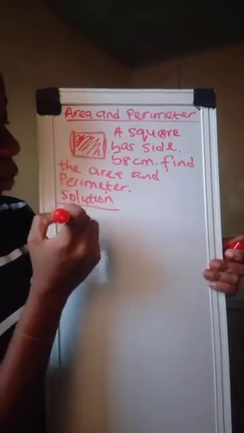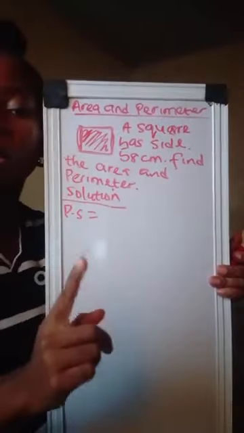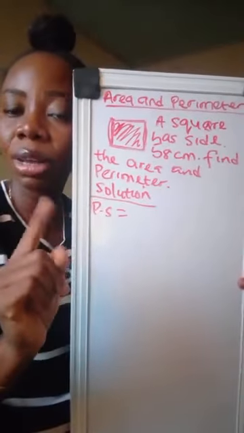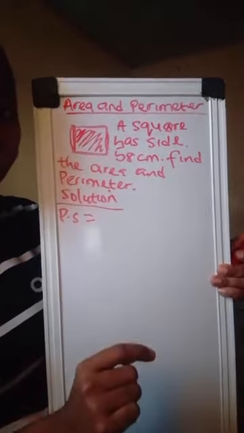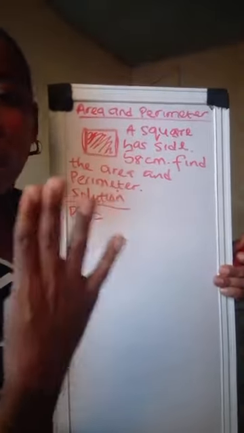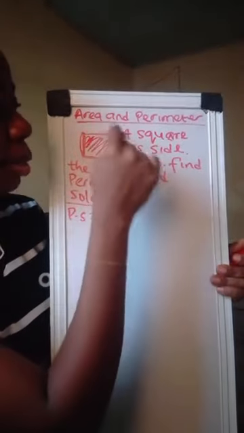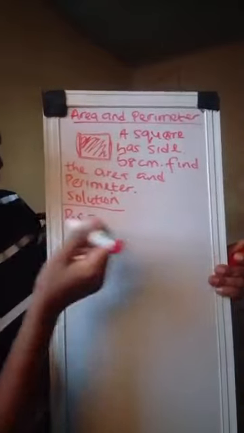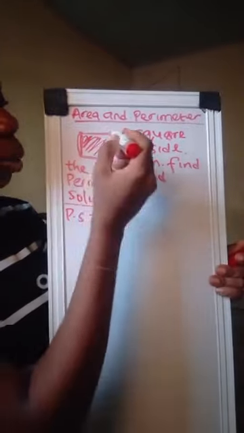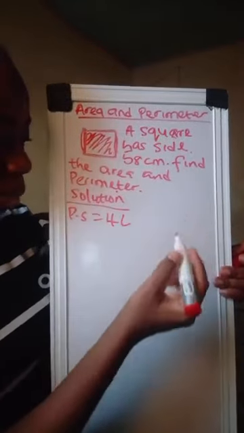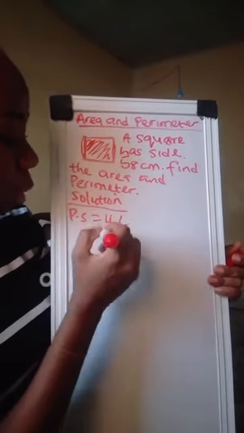Let's start with the perimeter of the square. The square side is 58 centimeters. First and foremost, what is the formula for the perimeter of a square? Remember that the perimeter is the total distance you cover when you go around that square. A square has 4 equal sides, so all the sides of a square are lengths. So we have 4 lengths: length, length, length, length. So the perimeter of a square is 4L, because you have to add up all the sides, and all the sides are equal, so we have 4 times L. So this square is 58 centimeters, so the perimeter of this square is 4 times